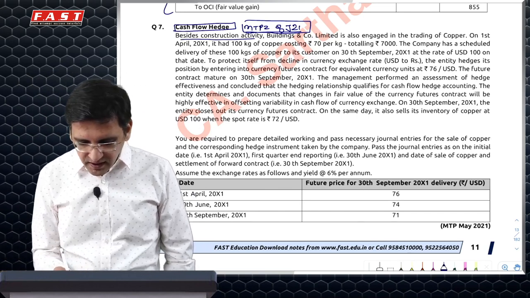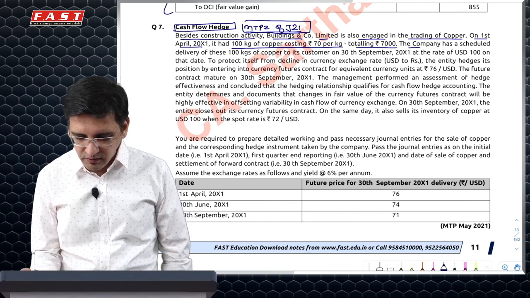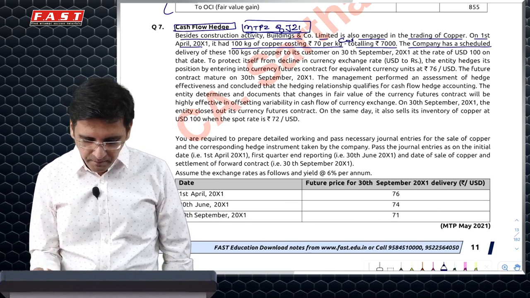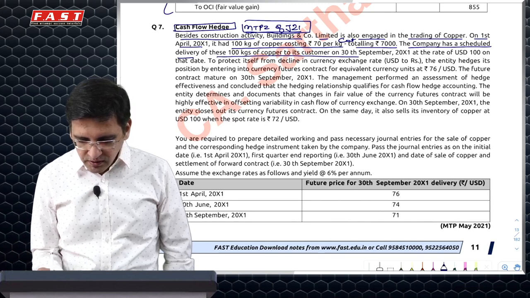It says, besides construction activity, the building company is also engaged in trading of copper. On 1st April, it had 100 kg of copper costing 70 per kg, 7,000 bucks, which is the cost. The company has scheduled delivery of these 100 kgs of copper to its customer on 30th September 2001, which is 6 months later,